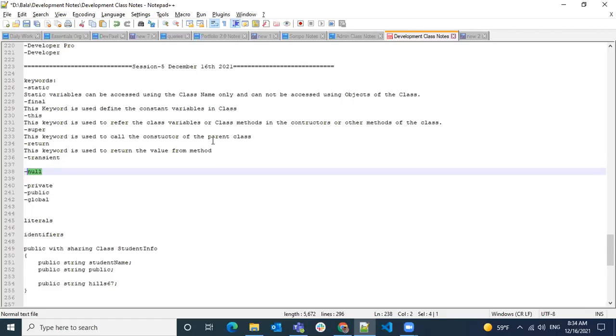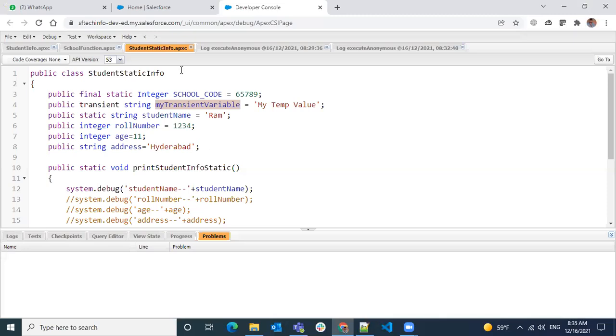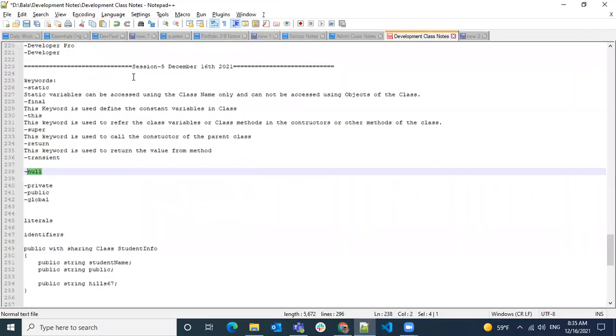Let's say an integer, string, boolean, date, time, float, decimal, double, anything, even object types like a class variable or sObject type variables, we can assign null values to it. Null is the same across any data types. So we use null to assign null values to any data type.